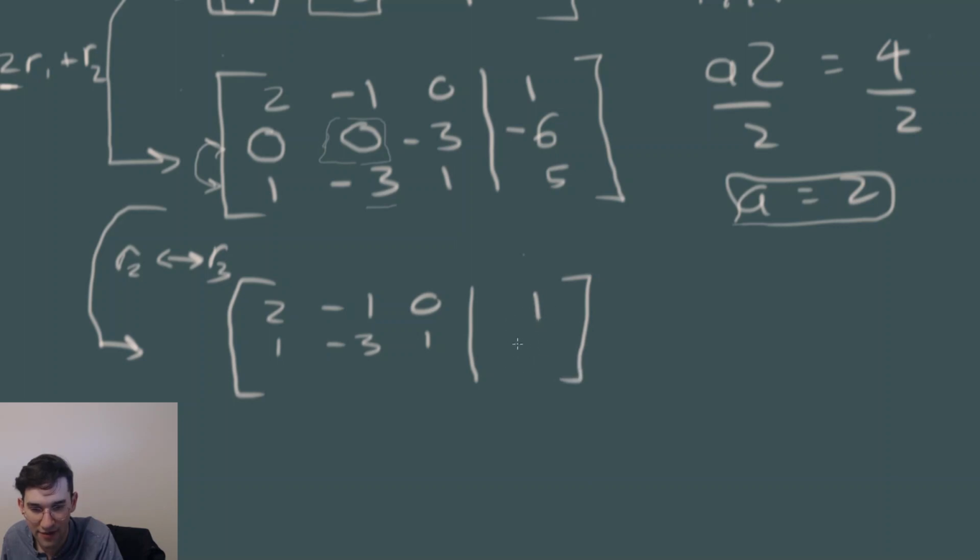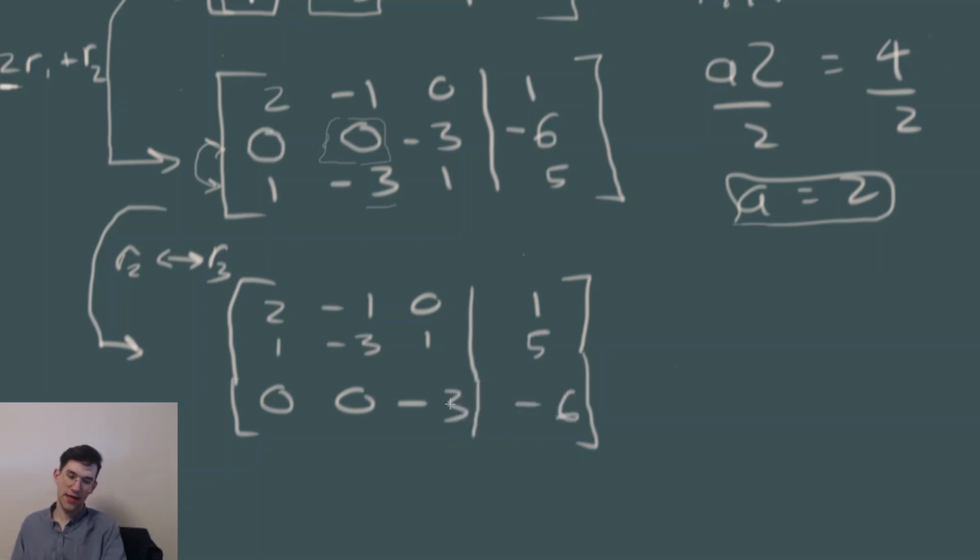I don't like this 5. I don't like this whole bottom of the matrix. Let's make it a little bigger. And now we're going to put row 2 here, which is 0, 0, negative 3, negative 6. The reason this is a blessing in disguise is because we wanted these two elements on the bottom row to